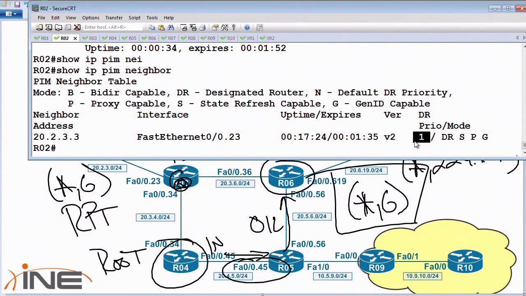But you can change the priority higher to be more preferred, or if you were to change it to 0, it means that device is not going to participate in the election. But ideally, what should occur when you send multicast packets out,